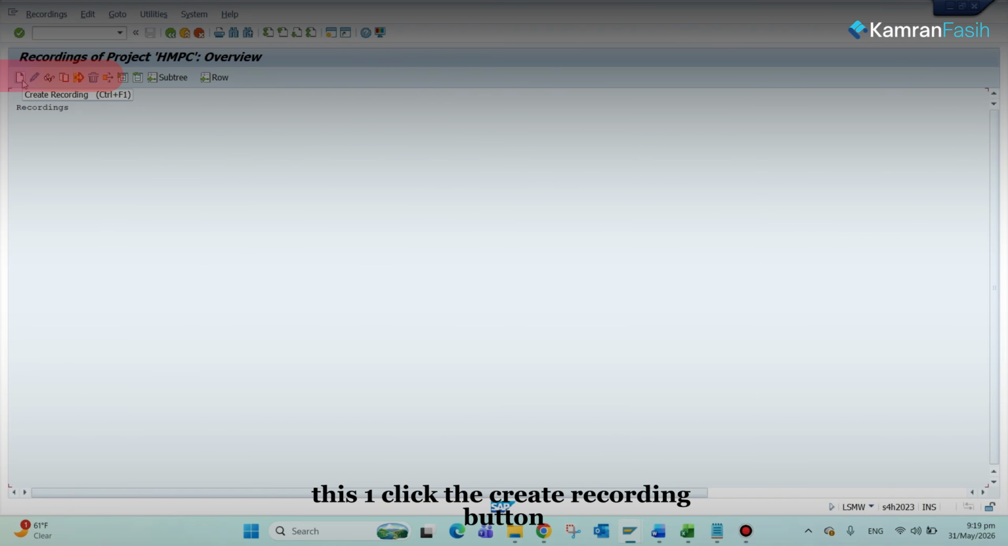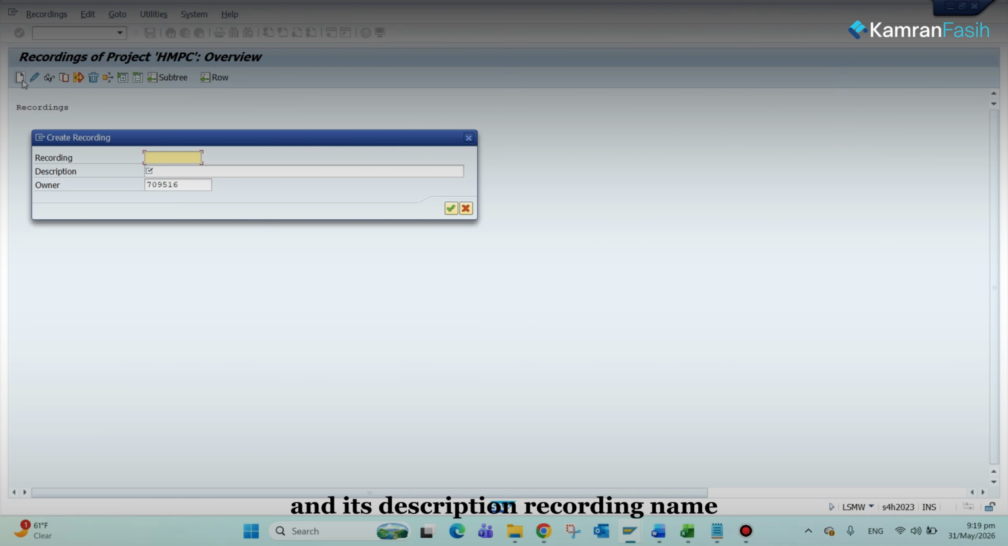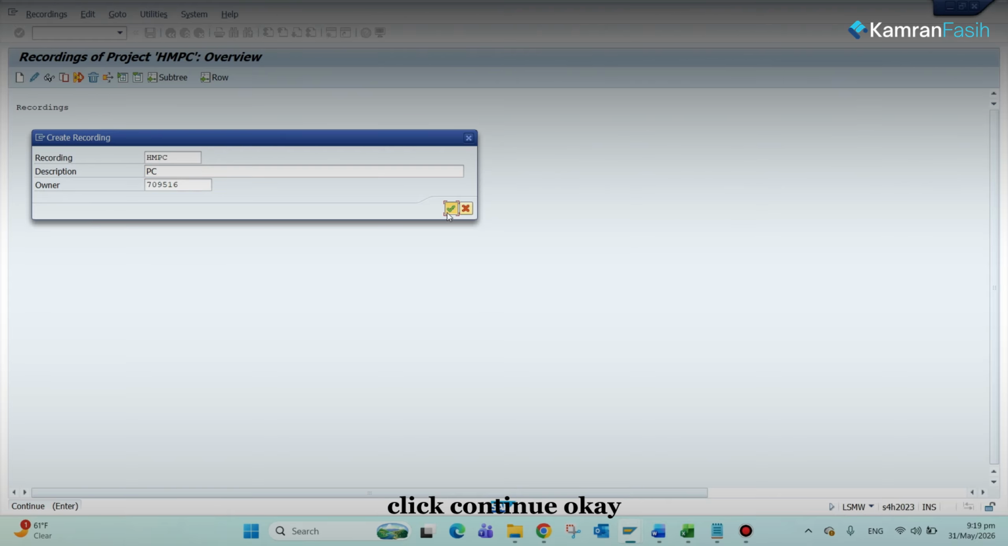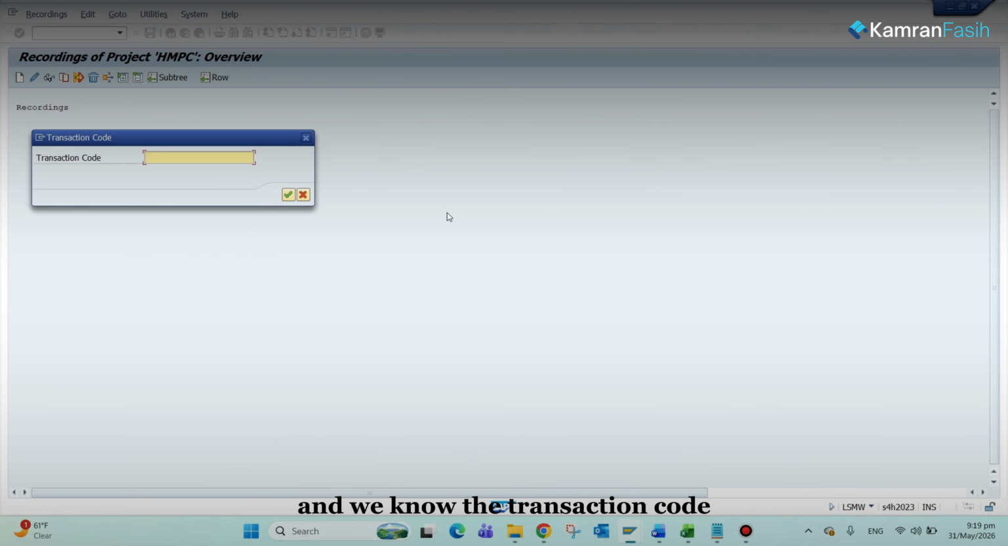Click the create recording button. After clicking it, a pop-up screen appears asking for the recording name and its description. Recording name, again I am entering HMPC and description is PC. Click continue. Okay, now the system is asking for the transaction code, and we know the transaction code to create the